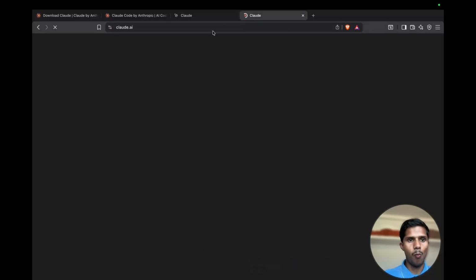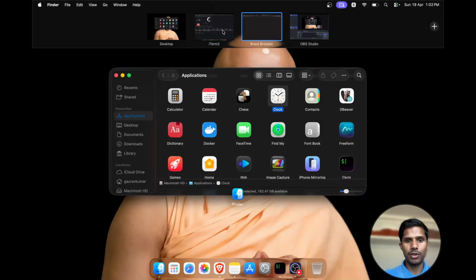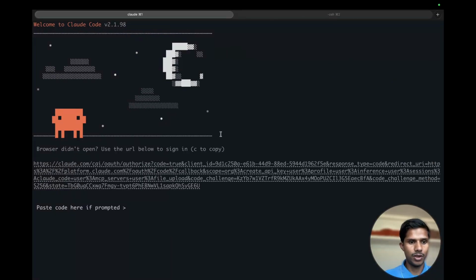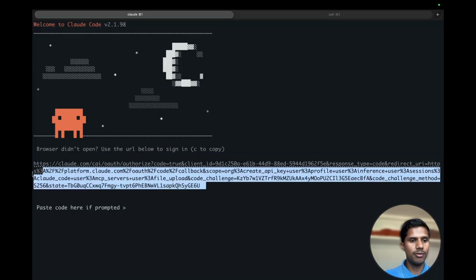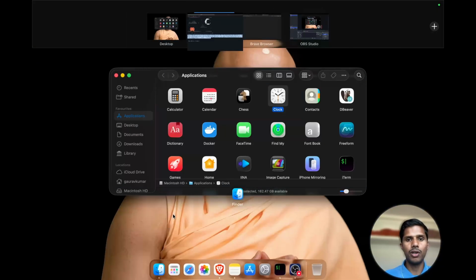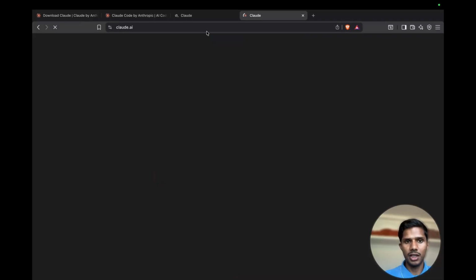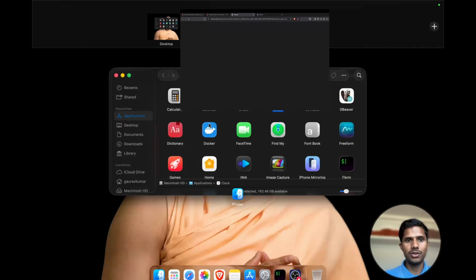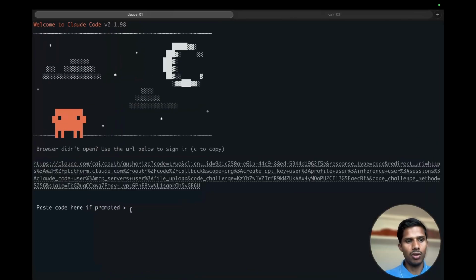So it will open my account. It's taking a little bit of time because of my network issue, but it will be done in some time. Why is it taking this much time? Okay, so you can see that this is opening Claude. If this URL is not working, you can copy this URL and paste it here for authentication and stuff, and that will also